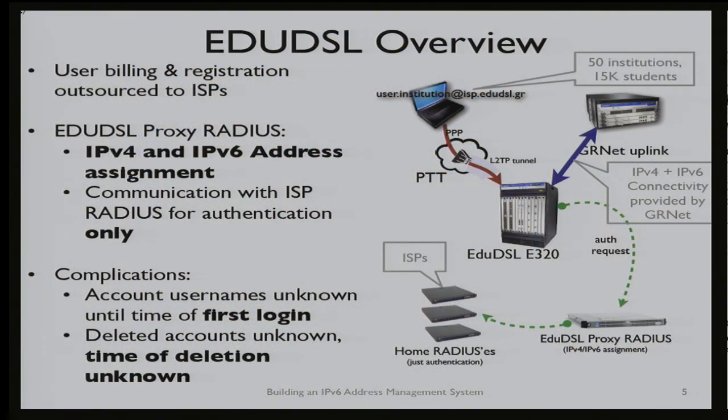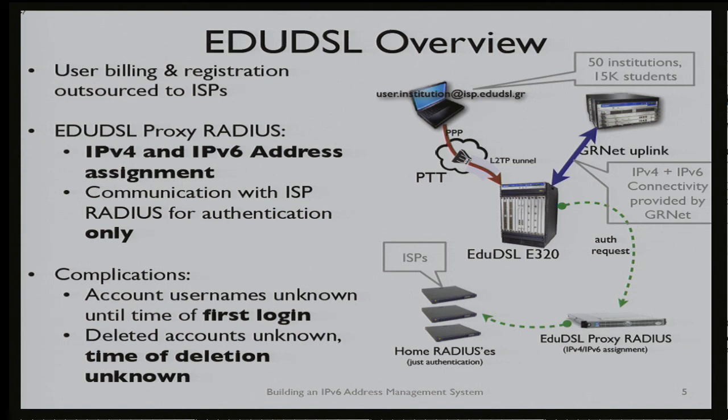We do our own IPv6 and IPv4 address assignment, but we outsource all the user billing and all the front-facing and the registration to a couple of commercial ISPs, which incidentally do the authentication. So our proxy RADIUS does the IPv4 and IPv6 address assignment, but then proxies the authentication request to a couple of home RADIUSes belonging to the commercial ISPs,